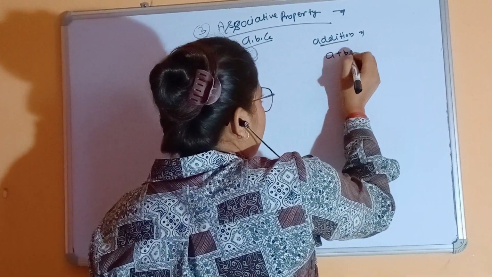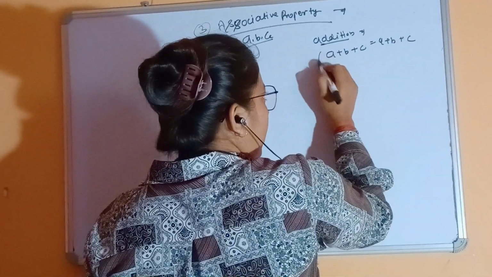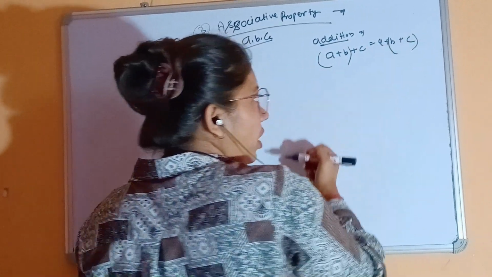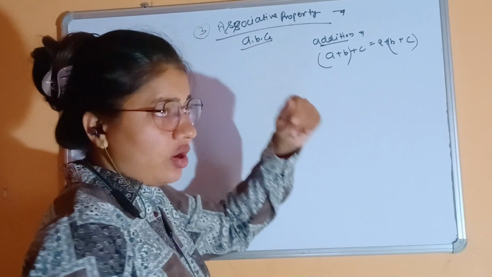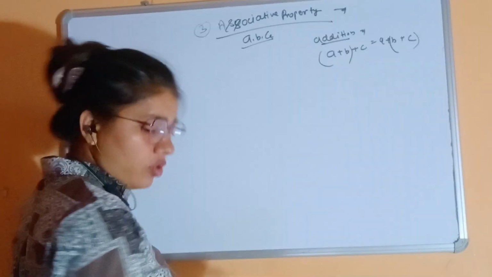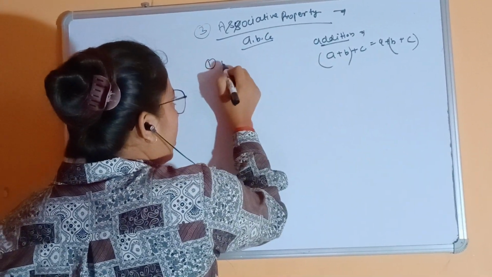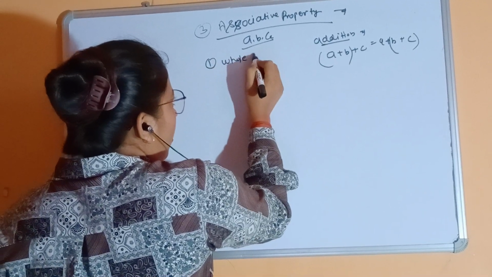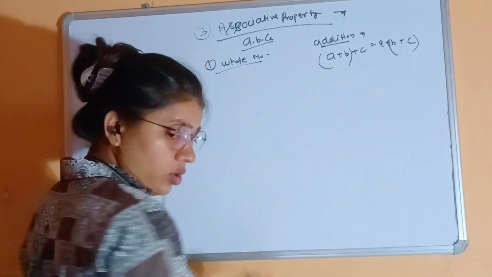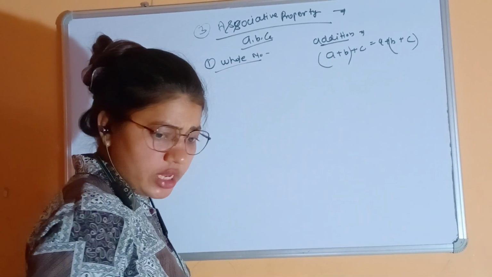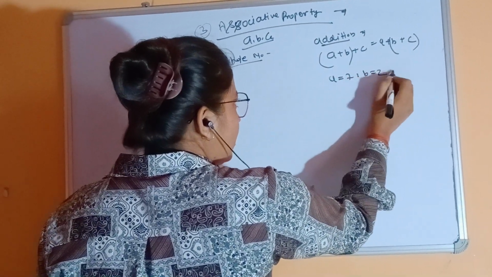A plus B plus C is equal to A plus B plus C, with the first bracket here and the second bracket here. Okay, if both values are equal, that means it holds in the associative property, otherwise not. So first we start with the example of whole numbers. In your book the example is whole numbers, which we know are 0 to infinity. In your example take A is equal to 7, B is equal to 2 and C is equal to 5.